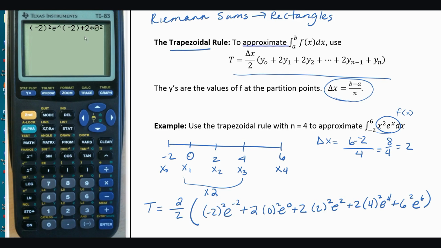Okay, so we had 0 squared e to the 0, plus 2 times 2 squared e squared, plus 2 times 4 squared e to the 4th, and then plus 6 squared